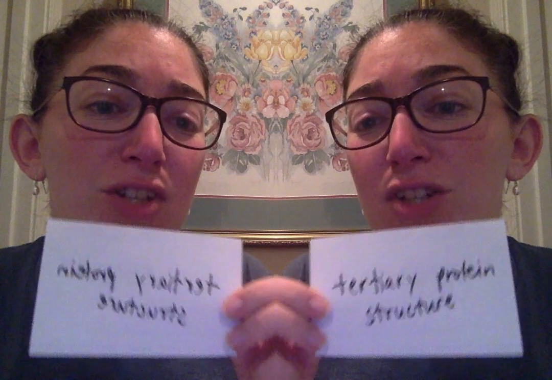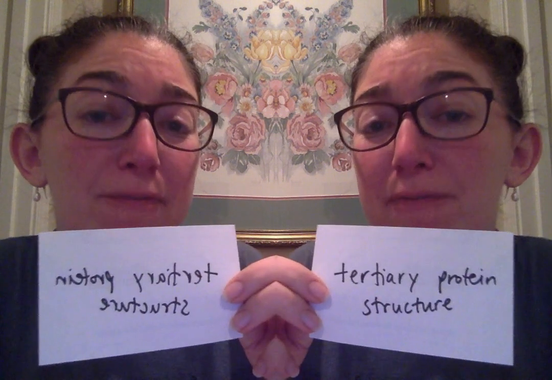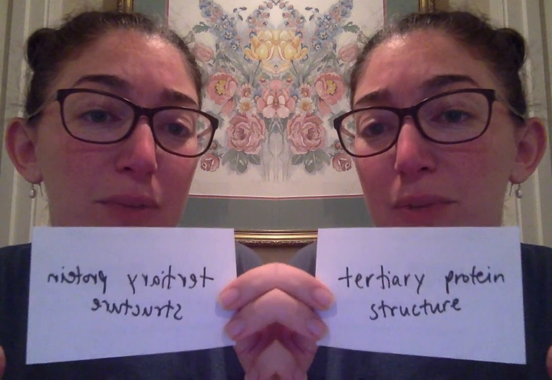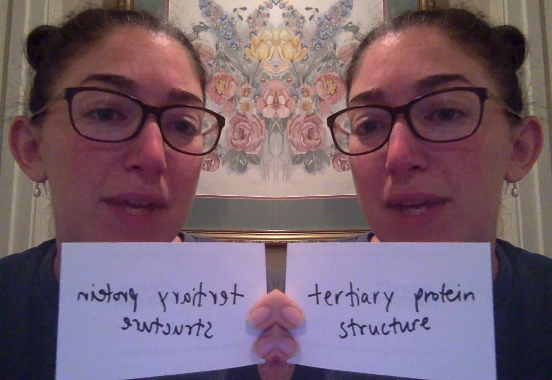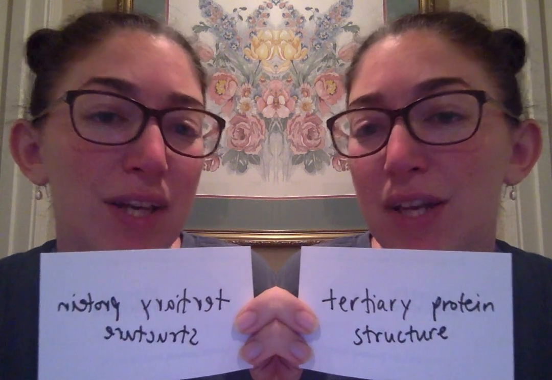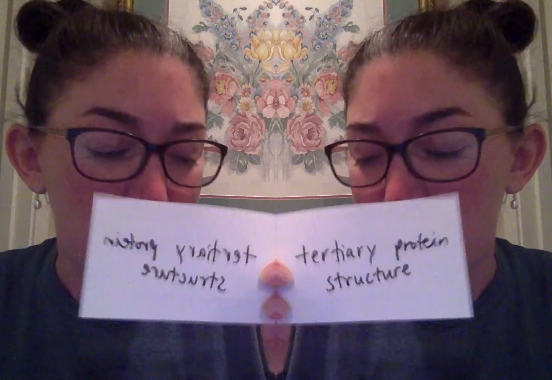The secondary structure we'll talk about in class, but the other level of structure that's really important to understand is the tertiary protein structure. And this is the three-dimensionally folded, fully folded protein structure. So imagine a long string of beads, those being the amino acids, and then you sort of tie it into a big knot. That's the tertiary structure.